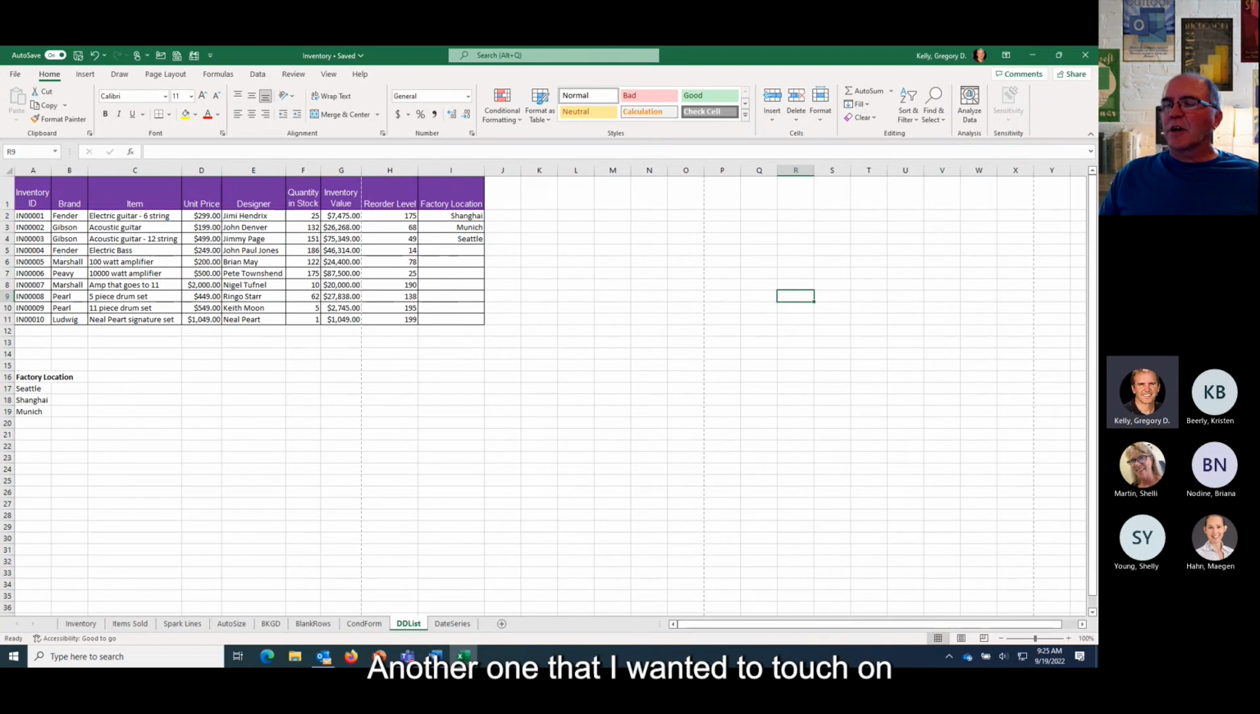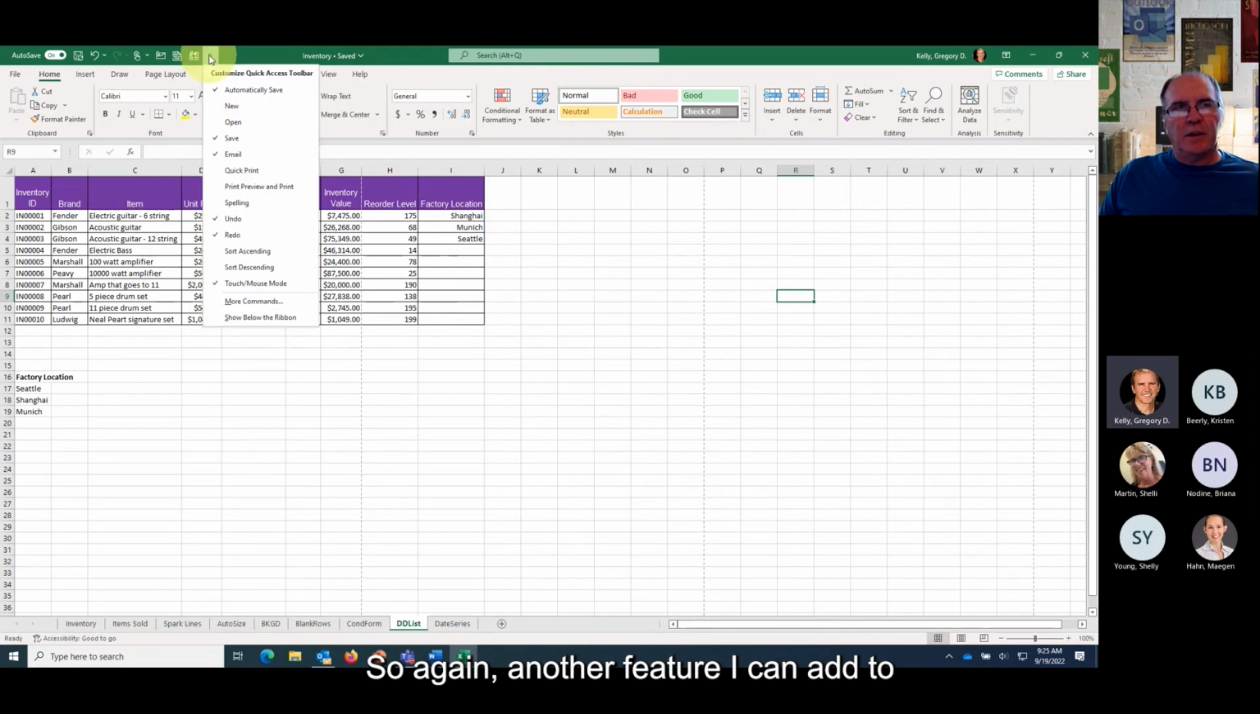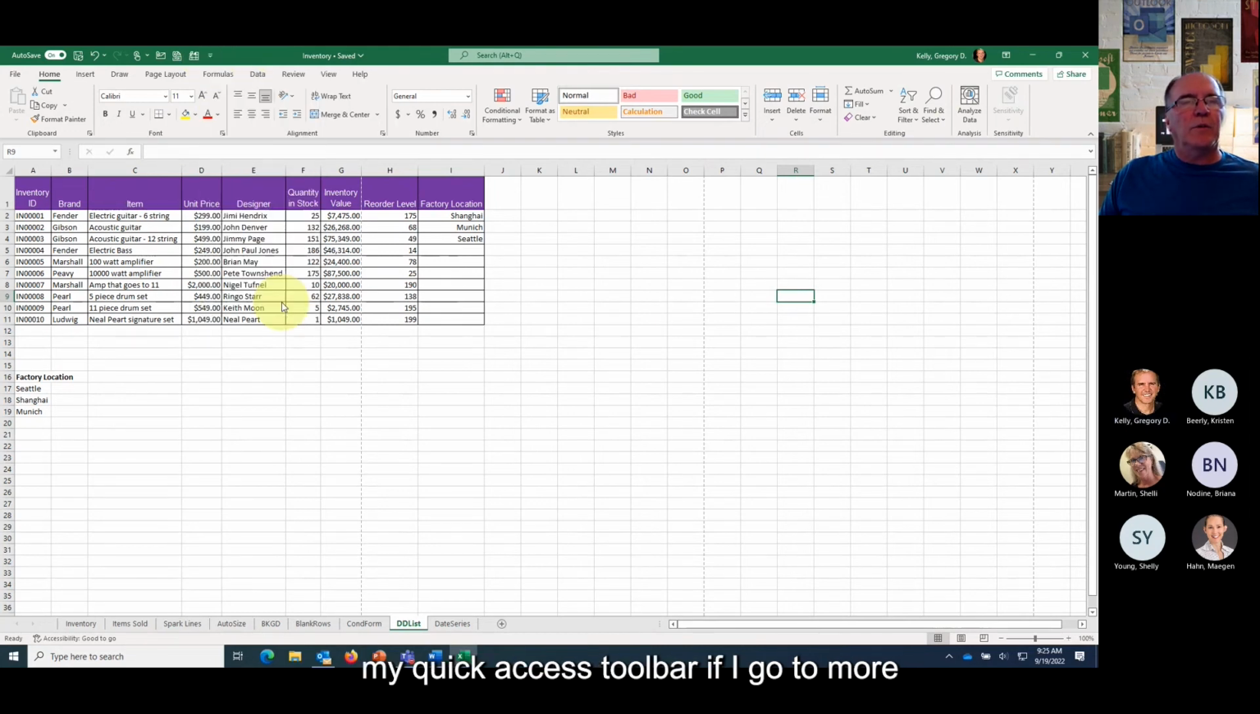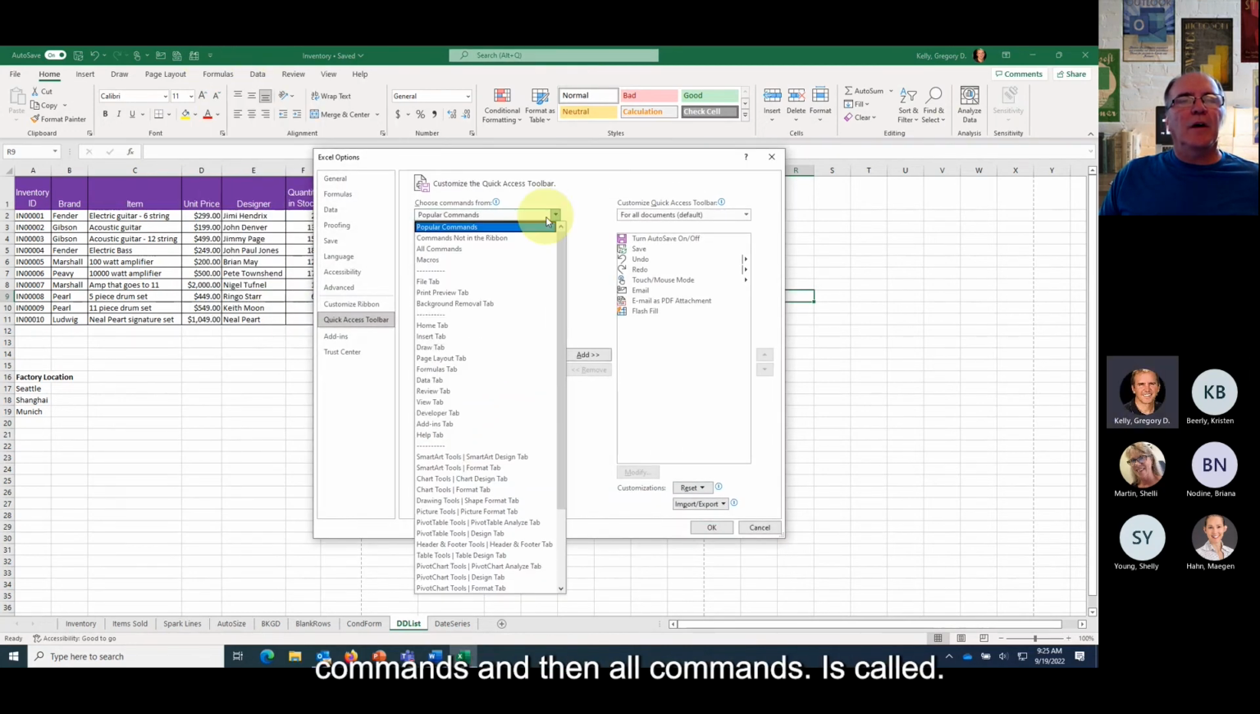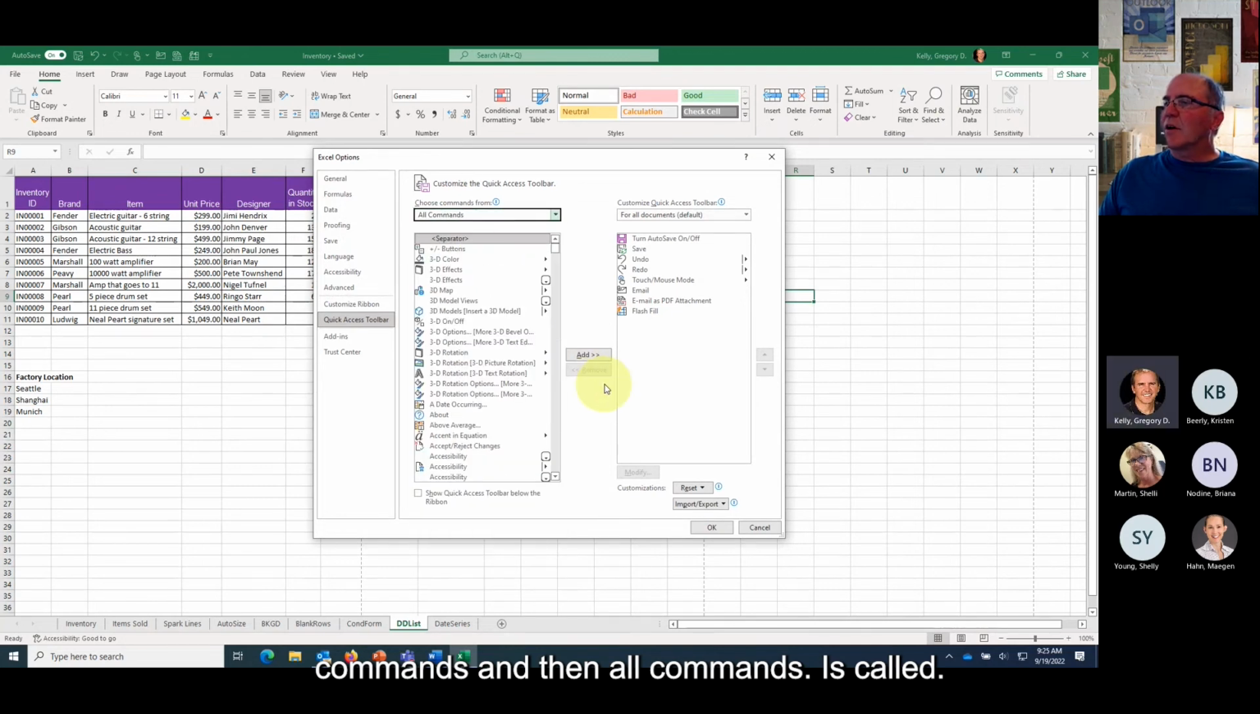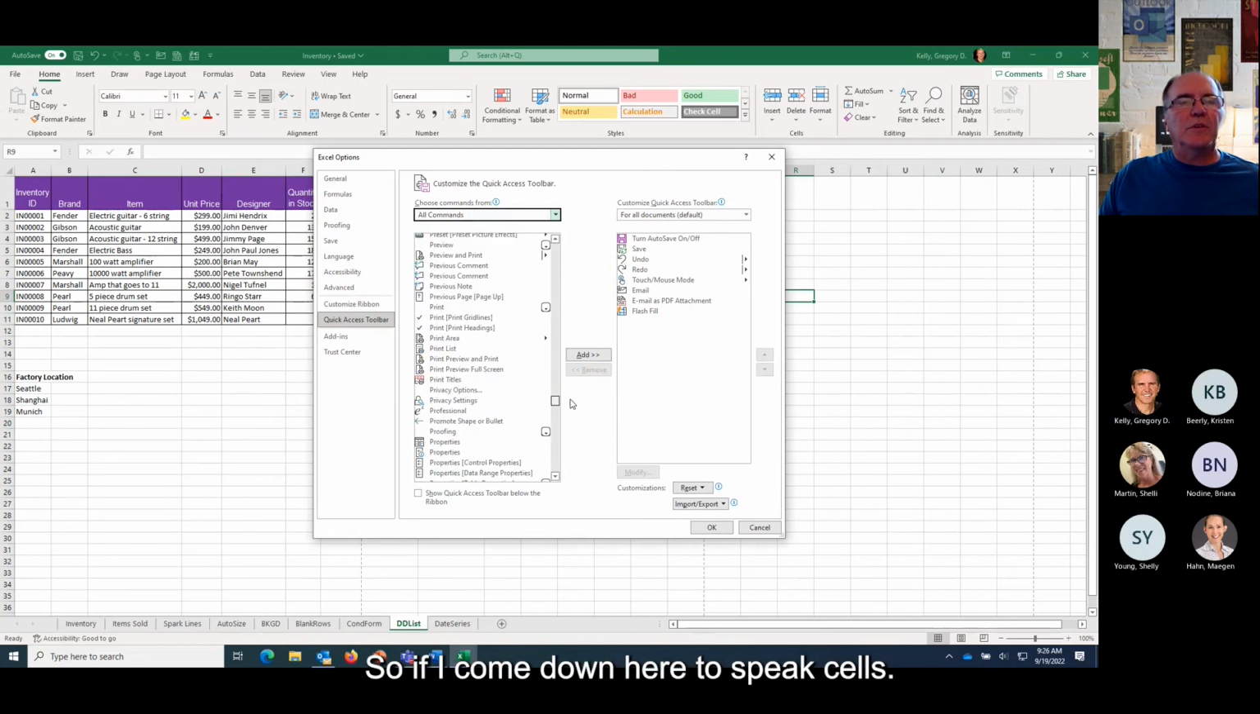Another one that I wanted to touch on that's probably important to people is you can have these cells be read to you, if you're not familiar with that. So again, it's another feature I can add to my quick access toolbar. If I go to more commands and then all commands, it's called speak cells and then stop speaking cells. So if I come down here to speak cells,